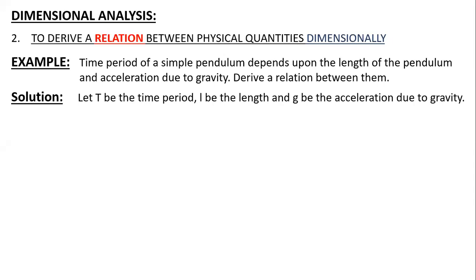That means I know that it depends on certain quantities, but whether direct or inverse, that I don't know. Means the powers will define whether it is direct proportion or inverse proportion. So as per the given condition, you can write the time period depends upon the length and gravitation, but length I don't know whether direct or indirect, so I will assume some power as x, and for g I will assume a power as y.